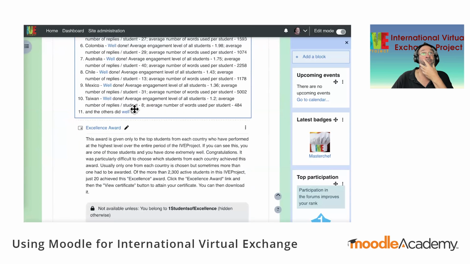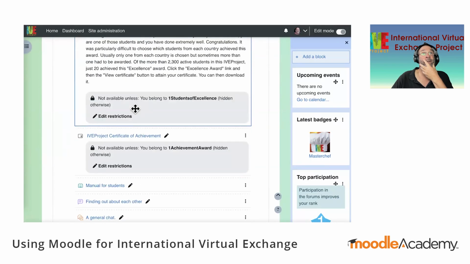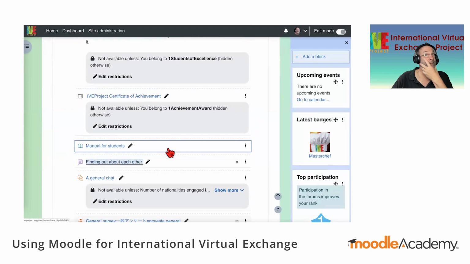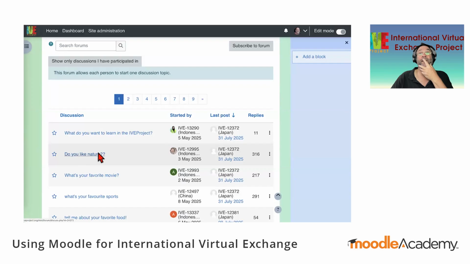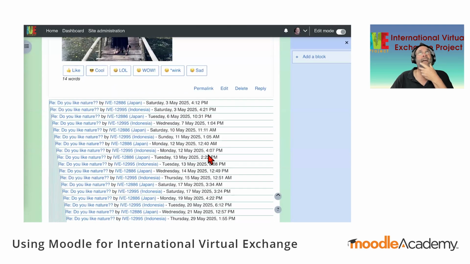If we have a look at, for example, that "finding out about each other" forum, we'll just show that again. If we look at this with 316 replies, and we want it in threaded form. Yep. So when we asked for the data for the forum report to be generated, we asked for it threaded. There's various different ways of looking at engagement. This is the simplest way.